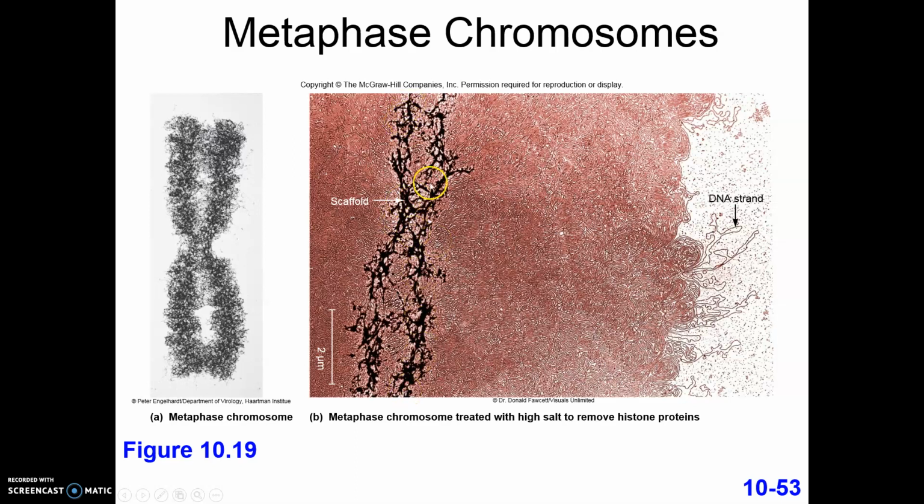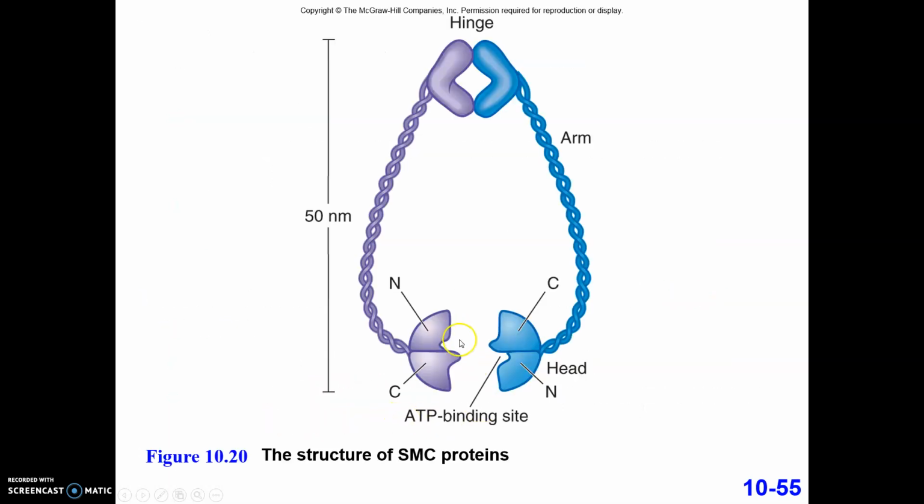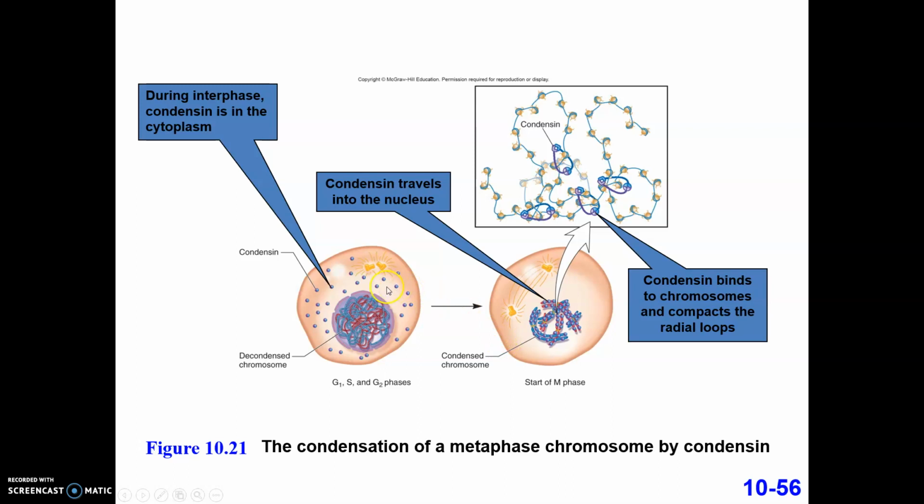So what achieves this tightened scaffold? Well, it's these two proteins, condensin and cohesin. These are both called structural maintenance of chromosome proteins, or SMC proteins, and they use the energy from ATP to achieve a change. It is essentially a big clamp-like protein, and its action is driven down at this end, where ATP binding and hydrolysis will cause it to open and close. What happens is these cohesin